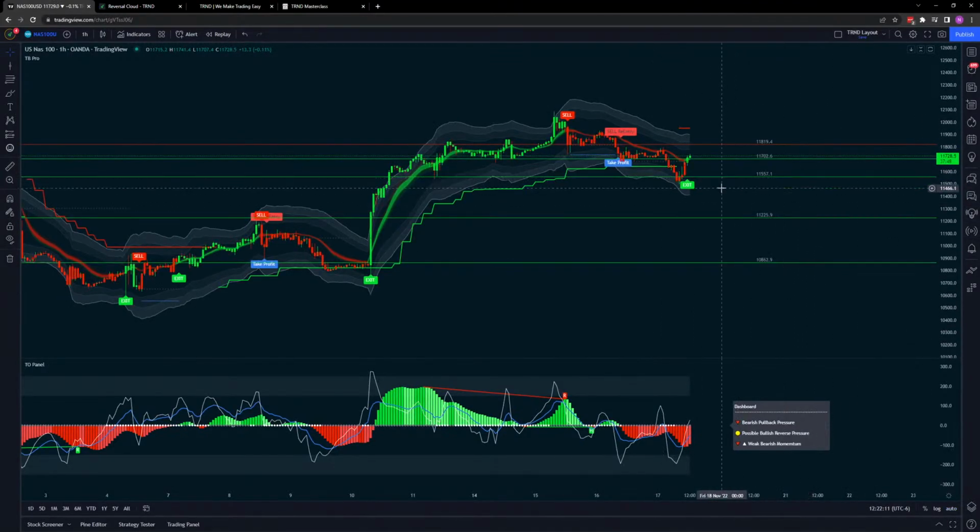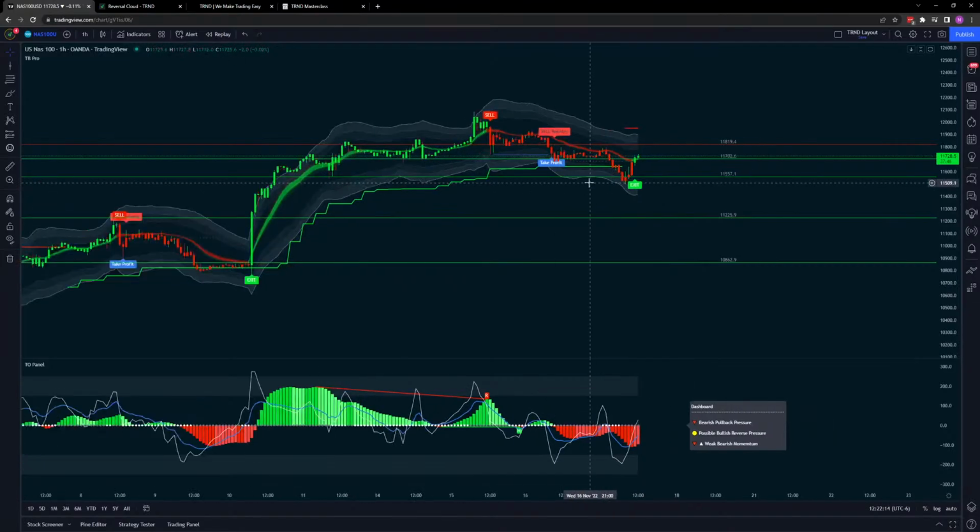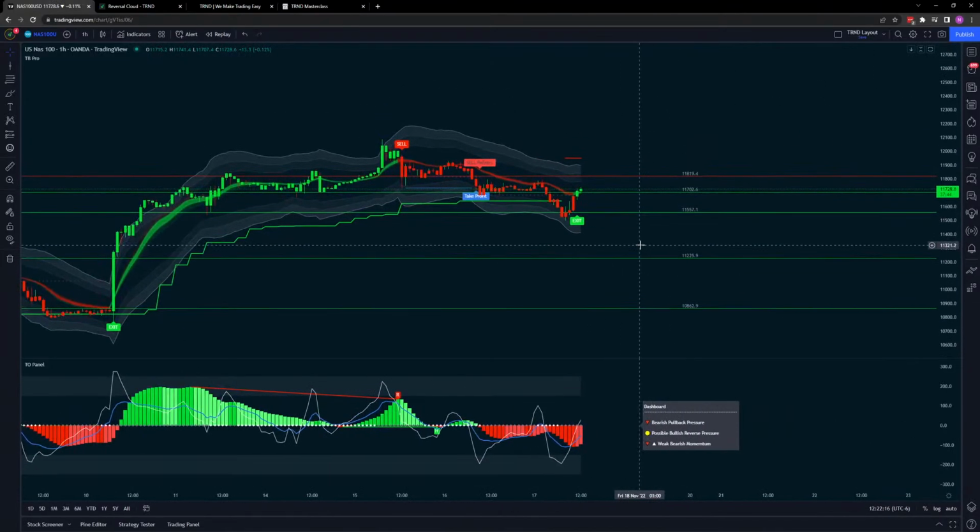Again, just a choppy day in the market, so not much we can do there. We do help users identify weak signals. So with a weak signal,